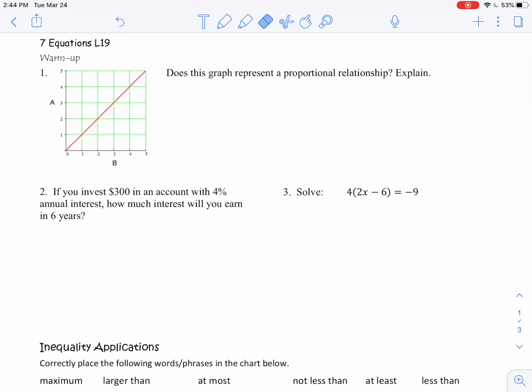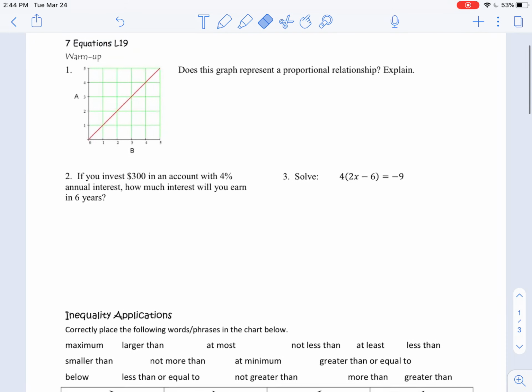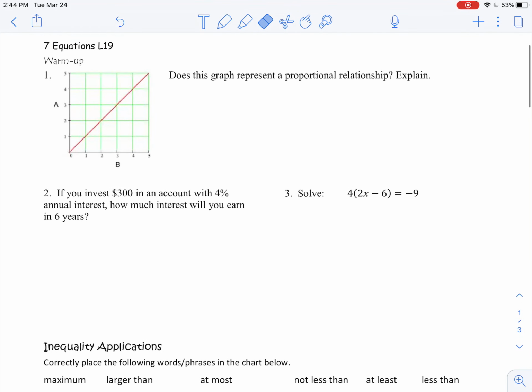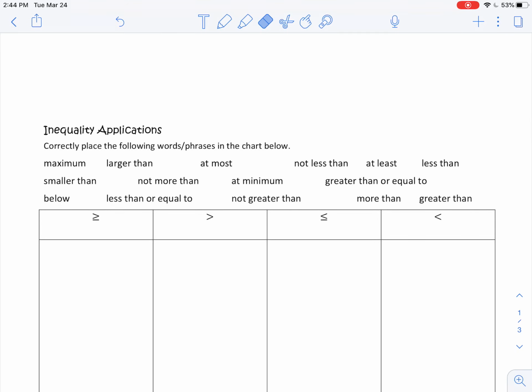Okay, so let's go now up to page 63. On page 63, you see your warm-up, and the whole page actually is your warm-up until we get down to the aim. So go ahead and turn off your video. Go ahead and do your warm-up, including the inequality applications. Let me just get you started on that. What you're going to do is take, for instance, the word maximum, and put maximum in the right place. Greater than or equal to, would that mean the maximum? Would greater than mean the maximum? Would less than or equal to be the maximum, or less than be the maximum? Actually,